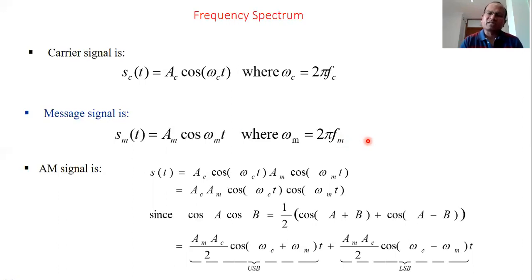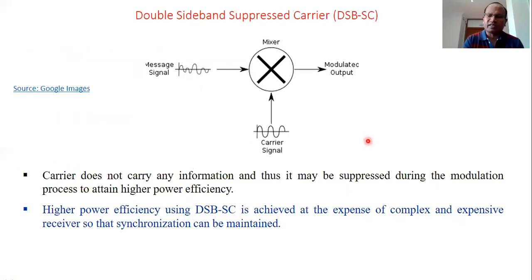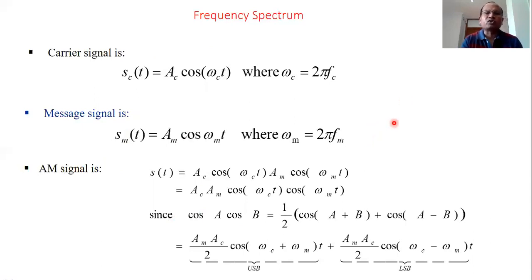How do we get the AM signal, especially when we have only two sidebands? We use a multiplier circuit, look here. If you multiply these two signals, the signal becomes Ac cosine omega c t into Am cosine omega m t, that is Ac Am cosine omega c t cosine omega m t. By applying a trigonometric formula, cosine A cosine B is equal to one half of cosine of A plus B plus cosine of A minus B.